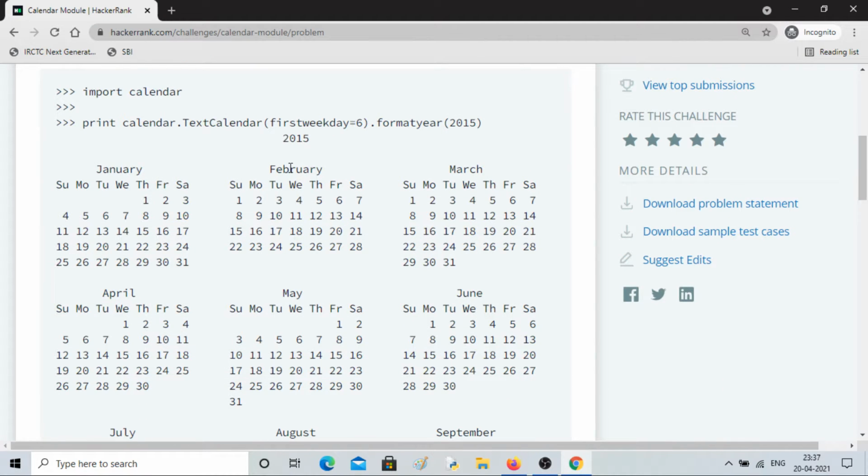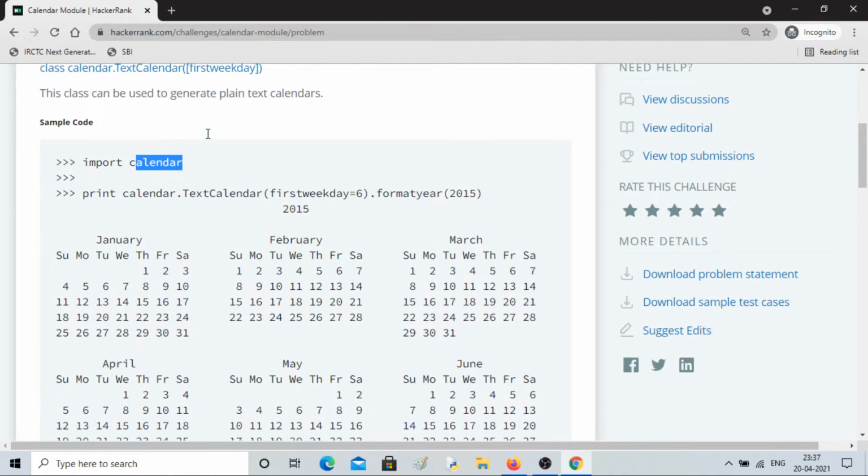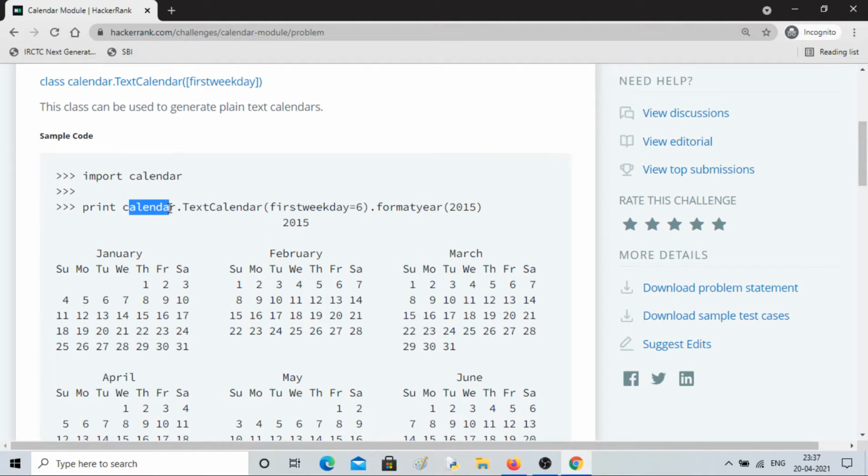Here you can see, first it imported the calendar library, then inside calendar it is calling the TextCalendar method, and it is setting the first weekday as 6. So 6 means Sunday, so it should start with Sunday.